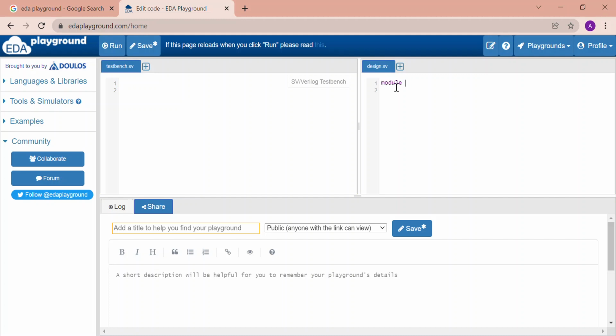Module D flip-flop, D input, clock, reset and Q. Input D, clock, reset. Output Q, register Q, then always block,